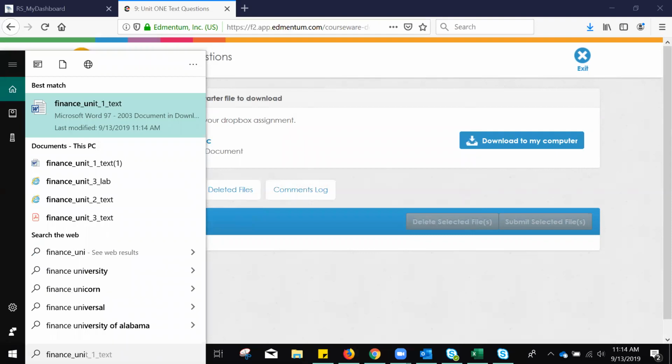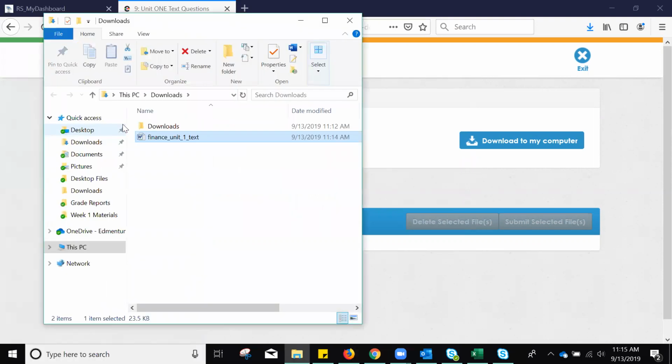Unit 1 text questions, okay, it's going to open as the best match, and I can right click on it and open the file location. Okay, when the file location opens, it should select it. If it's not selected, you may have to search for it in the file location. Again, it's usually downloads because you just had downloaded it to your computer, but you can search for that again